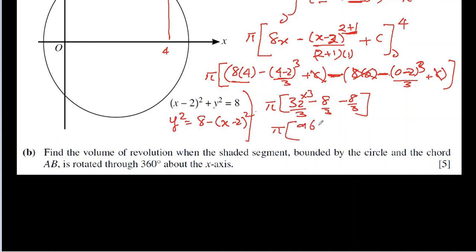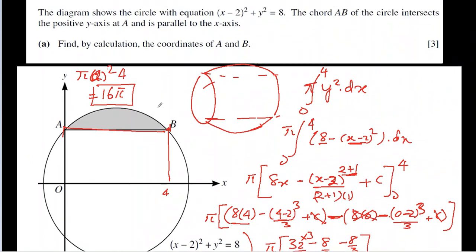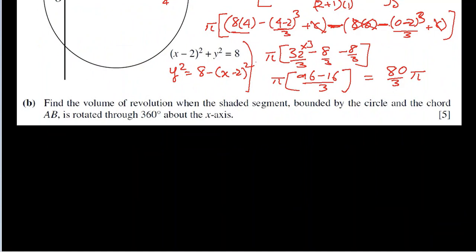So it becomes pi times (96 minus 8 and 8, 16 over 3), which is 80 over 3 pi. Now this is the volume of the whole drum. Now we have to remove the cylinder we found initially from it. So we can write here finally the volume